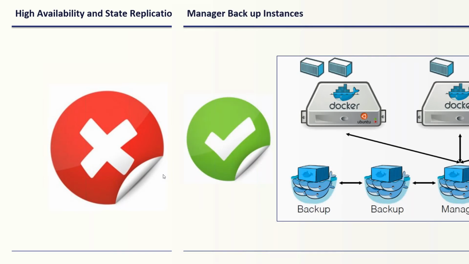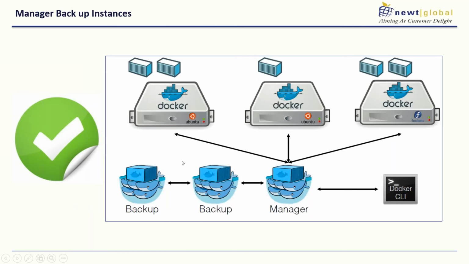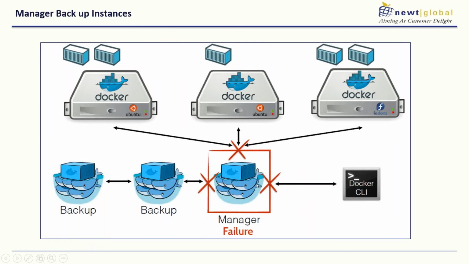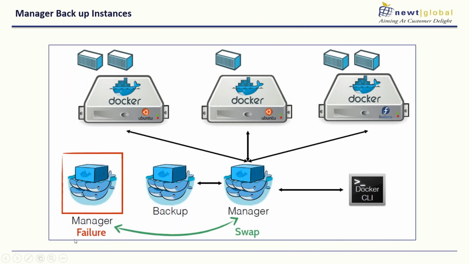So a typical pattern is to have the swarm manager and 2 backups. In the event of a failure, both these backups would compete to become the new manager. It would take the state of the old manager, and the one that wins the race would become the new swarm manager with all the data of all the hosts, and would take over managing the hosts. This way we will not have any single point of failure in your entire orchestration mechanism.